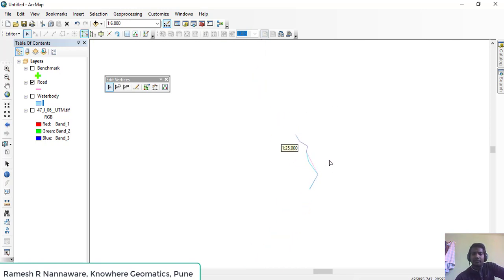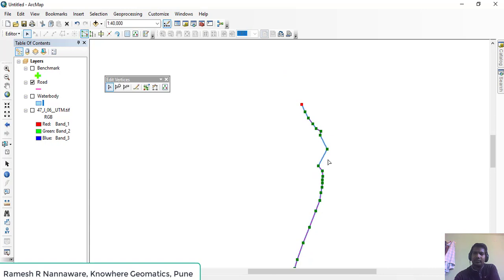Now suppose I want to delete many vertices at once. I will simply take this minus vertices tool, that is the delete vertex tool.